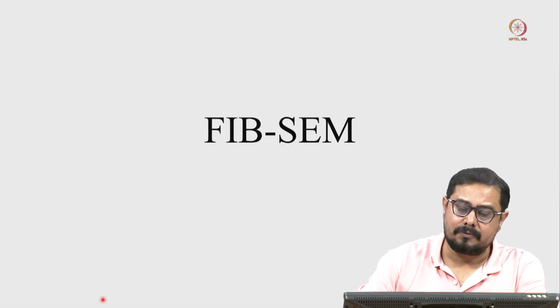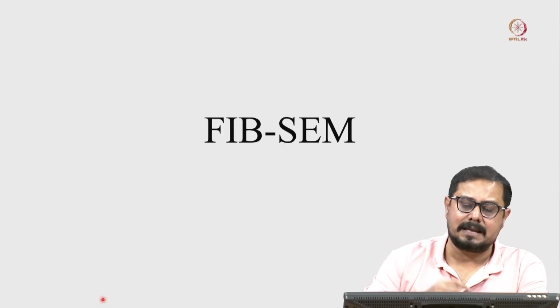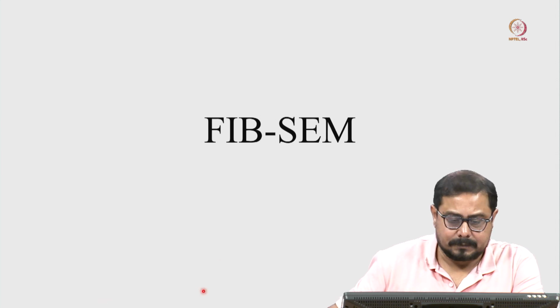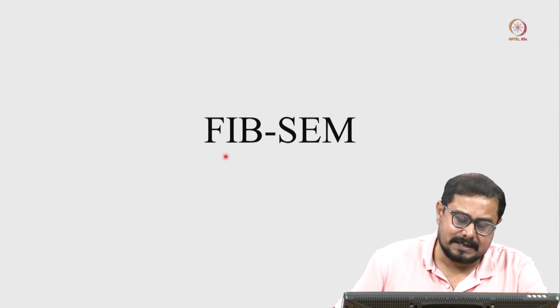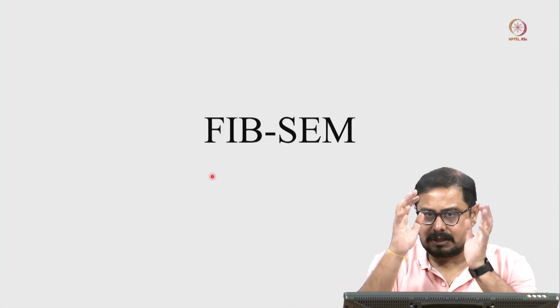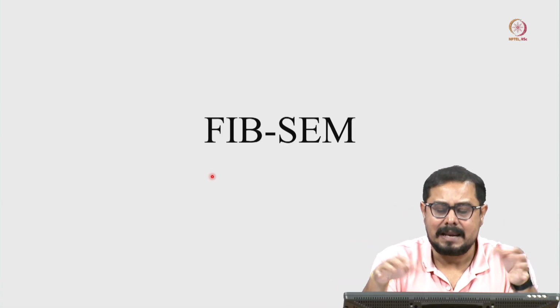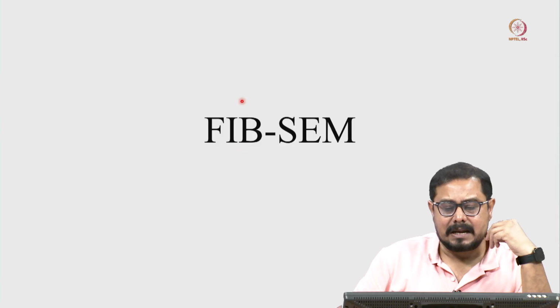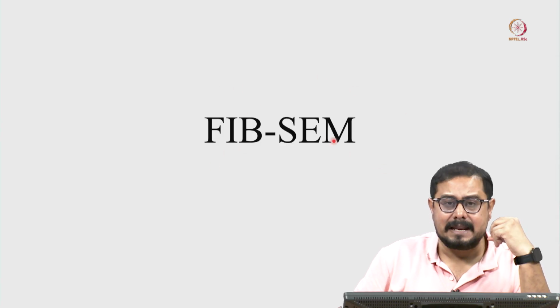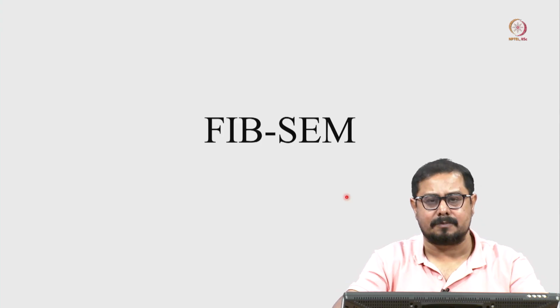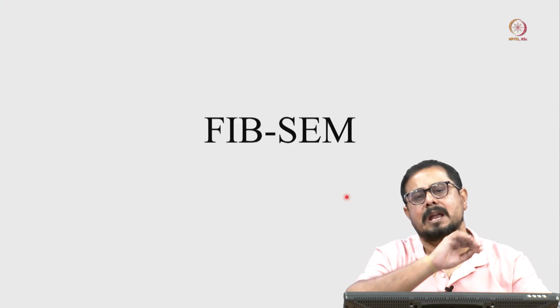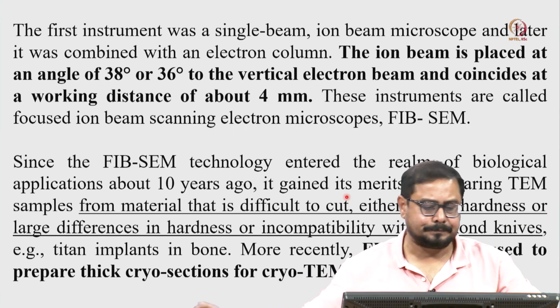Now, we are coming back to the FIB-SEM. So, FIB-SEM, as I mentioned, the FIB is called focused ion beam. So, this is a dual beam system. Previously we could use the focused beam to damage the cell, but nowadays we are using the focused ion beam and the scanning electron microscope. Using the scanning electron microscope we are studying the surface of the cell, and then using the focused ion beam to rupture the cell membrane.